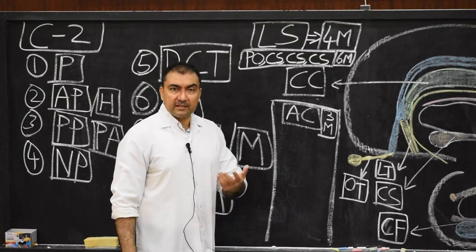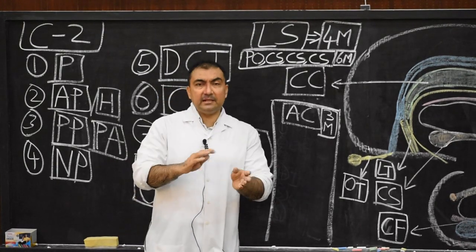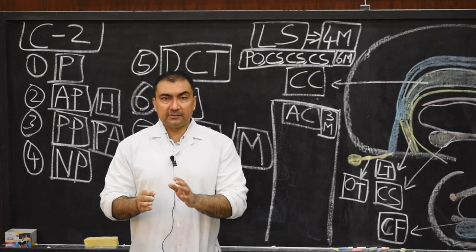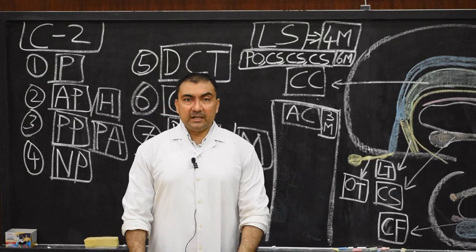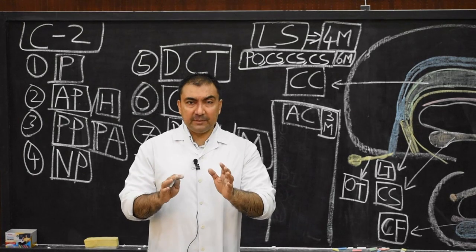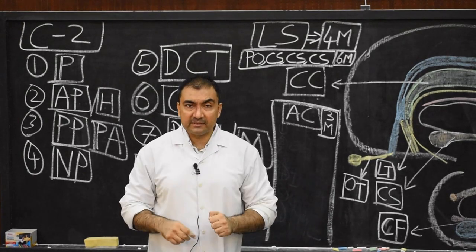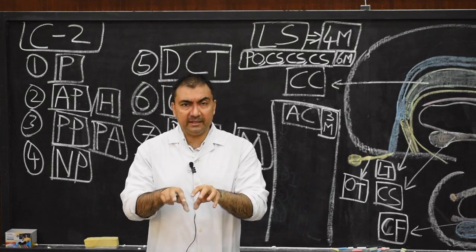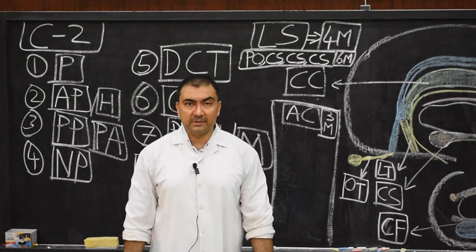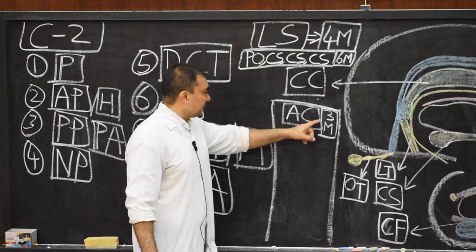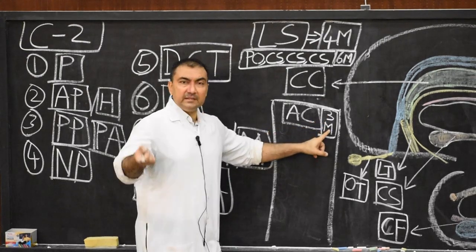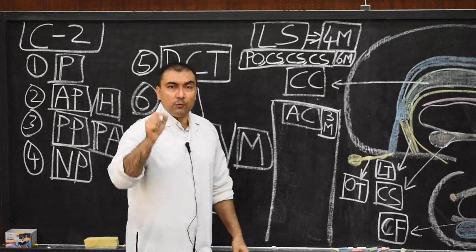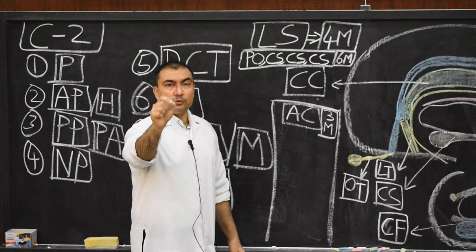What are commissural fibers? We know they connect the right and left areas of the cerebral hemispheres, the opposite hemispheres, but the areas will remain the same. So the fibers connecting the right and left sides of the cerebral hemispheres are called commissural fibers. So the anterior commissural fibers, developing in the beginning of the 3rd month in the ventral wall of the lamina terminalis, will connect the two olfactory tracts.